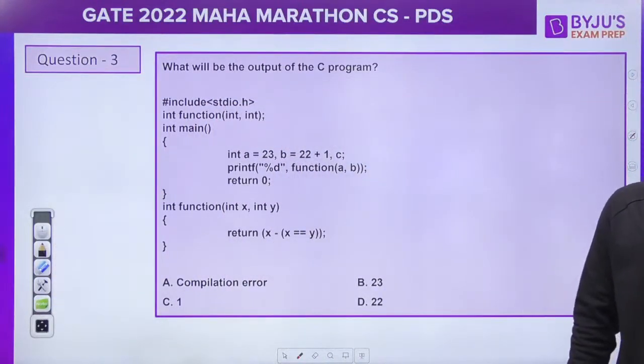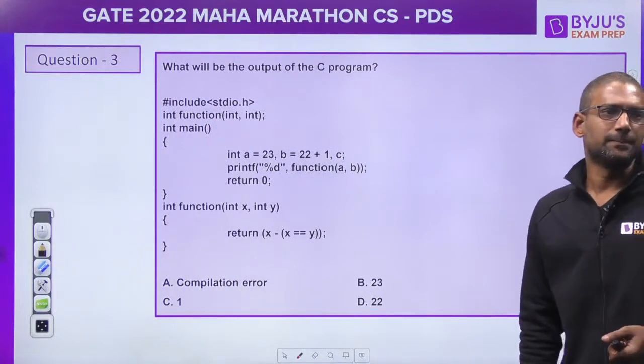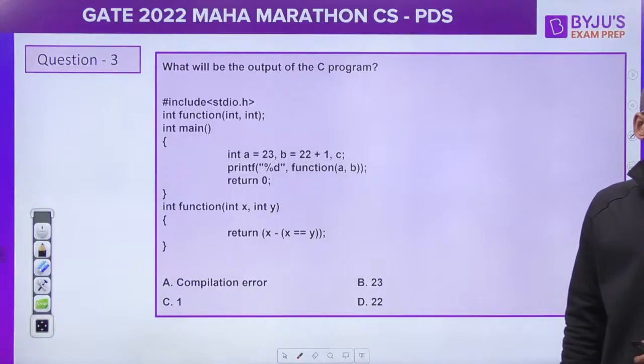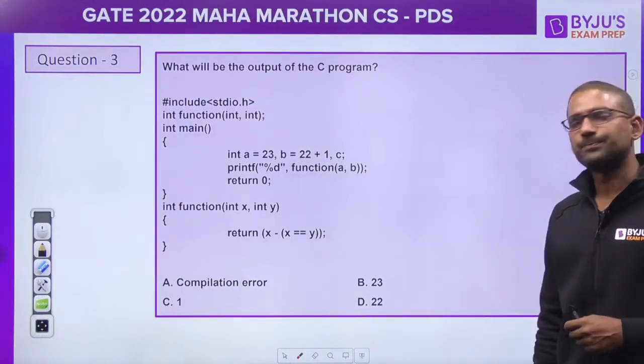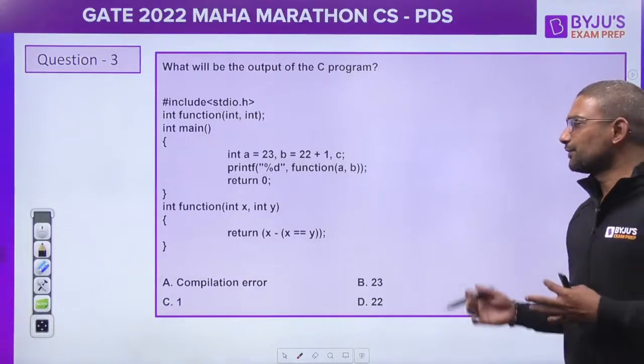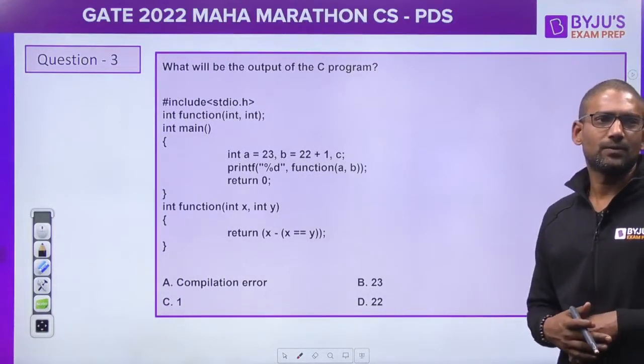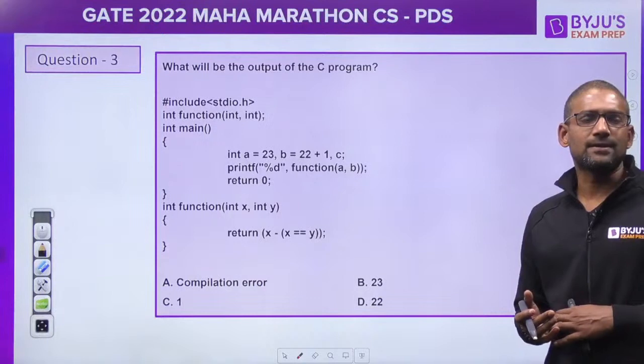int a = 23, b = 22 + 1; printf("%d", f(a, b)); return 0. int f(int x, int y) { return x - x == y; }